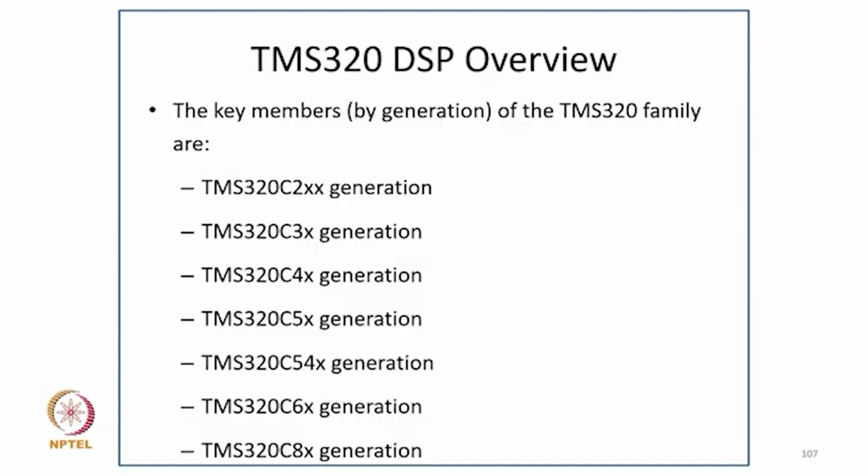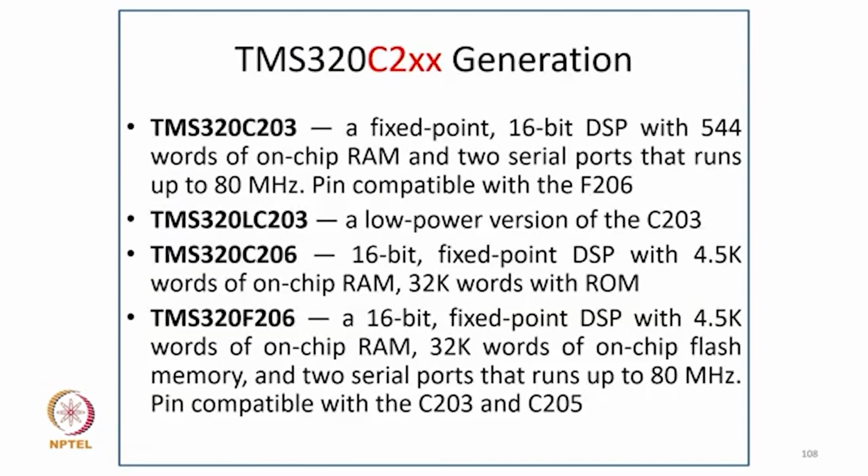So the key members by generation of the TMS320 family are the TMS320 C2XX generation, C3X generation, 4X generation, 5X generation, 54X generation, 6X generation, and 8X generation. Now coming to the 320 C2XX generation, TMS320C203 is a fixed-point 16-bit DSP with 544 words of on-chip RAM and 2 serial ports that runs up to 80 MHz, pin compatible with the